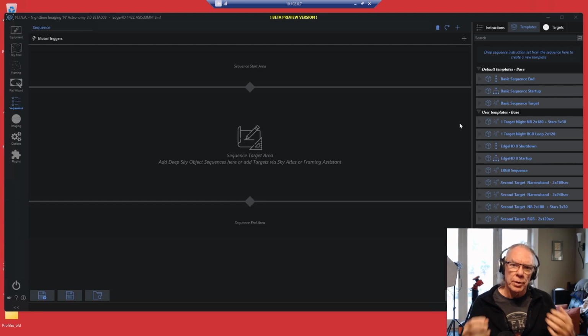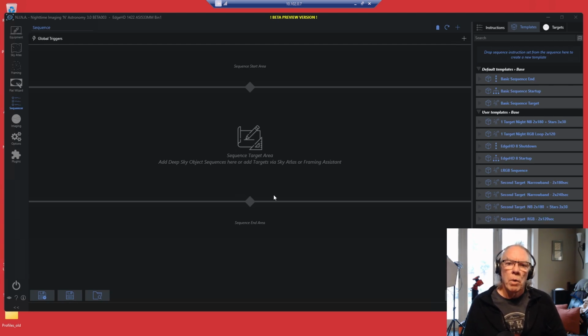Those will not necessarily have RGB stars. I think there are some techniques you can do if you're working with narrowband stars to improve them, to make them a little bit better. But in 2024 I'm going to shoot RGB stars for all my narrowband projects. And then I also have a one target night RGB loop sequence, and then I have the second target narrowband.